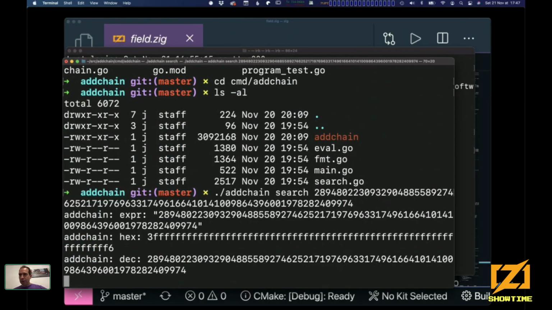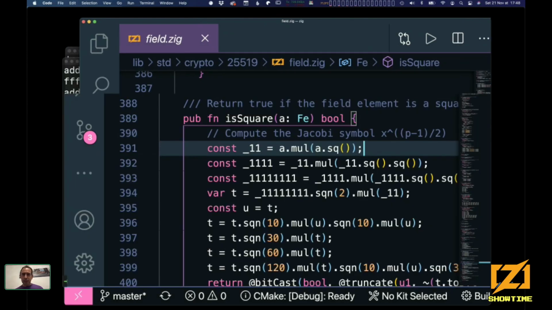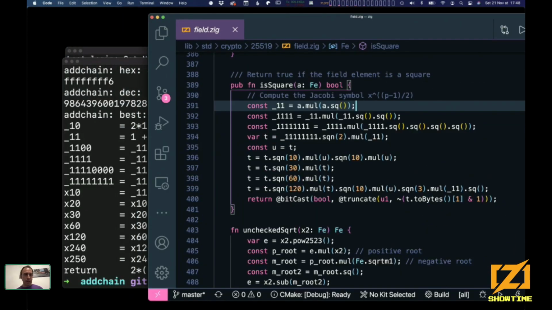It's going to take a couple of seconds. Okay, so we can see a couple steps. So I don't know, maybe it takes 20 steps to achieve this super huge exponentiation. And if we take a look at the code, it's probably more readable than the description that we get from this tool.